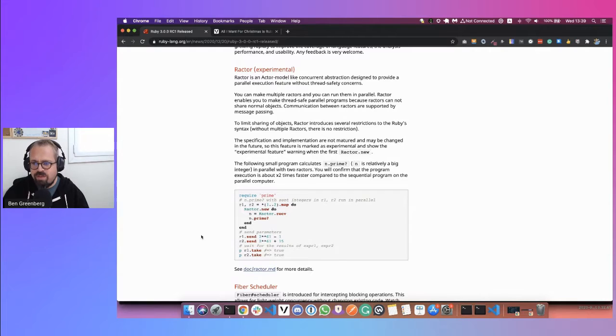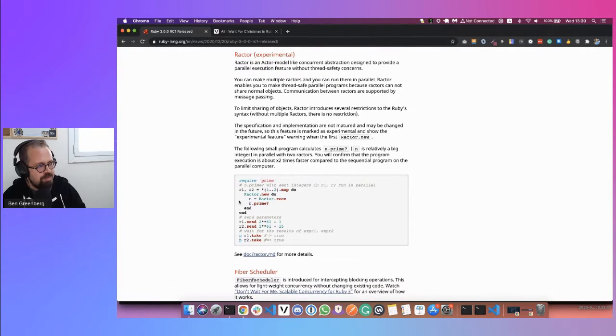So now you can run things concurrently with Ruby. Well, it's experimental still. Even in the Ruby 3 major release, when it comes in 2 days, it'll still be experimental. But you can begin to run things concurrently. You can have concurrency within the Ruby language, which I think has implications for a lot of things, which is really, really cool. So here's an example that they introduced for us.